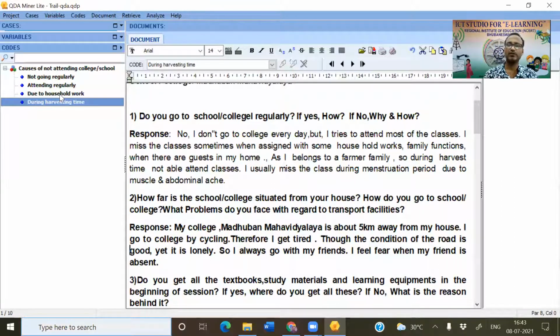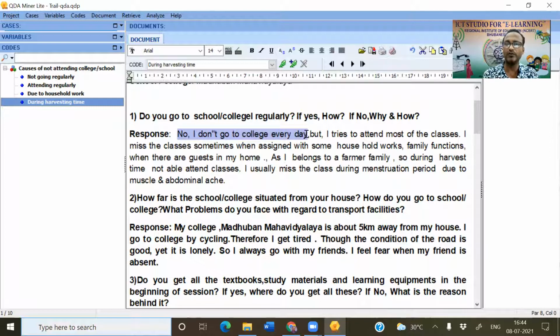So how to code it? Suppose, for example, the first response is, "No, I don't go to college every day." I want to code this one, so I select it using my mouse.